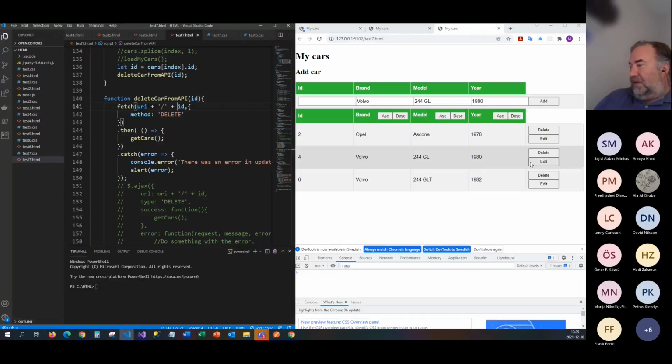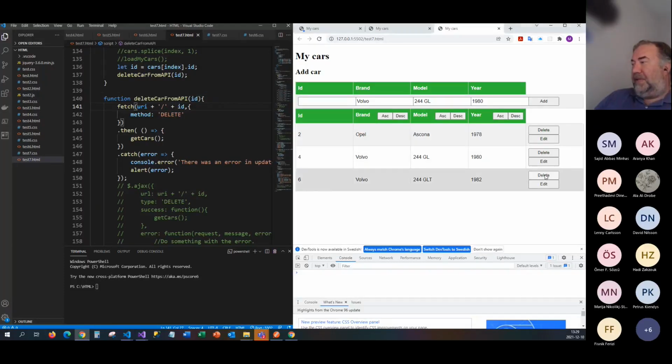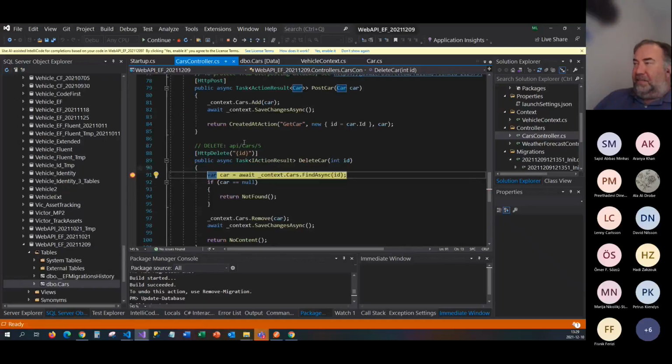So let's try it again. I try this delete here. And this time we end up in the backend, in the controller. You see it ends up here in the delete, and you can see the ID is number 6. So it will get this object from the database. So we have a car object, and then it will remove it, just with the normal Entity Framework way,